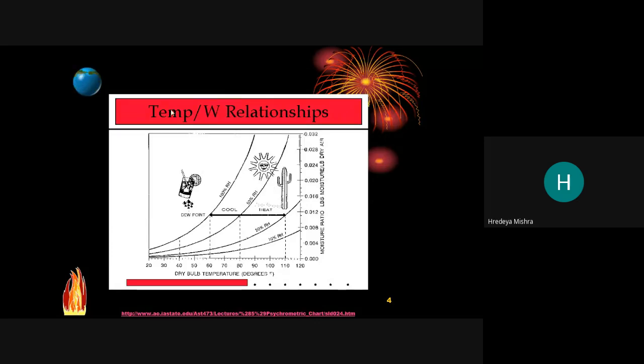See, this is our cool side. So we can go below this. What happened? This is our comfort zone. The efficiency of our work is very high. But above that, sunrise is there, and where it is the heated area, cactus type of plants survive because they survive on very little water.